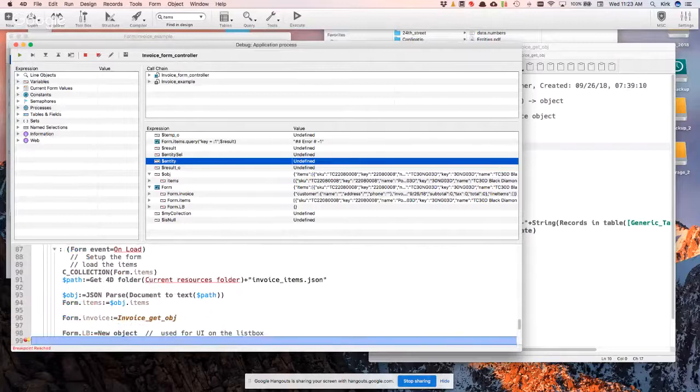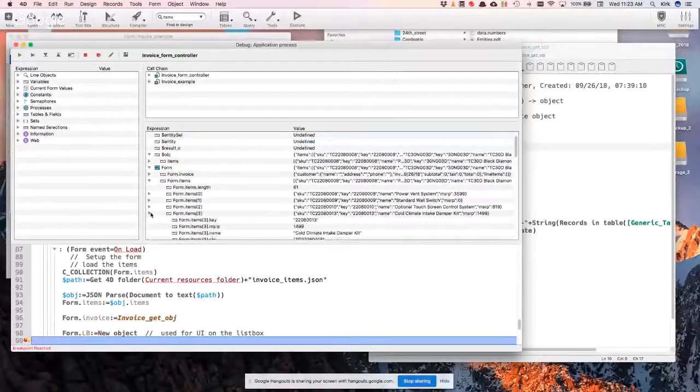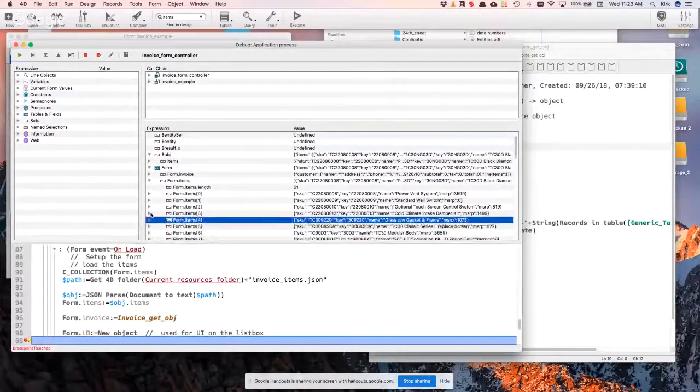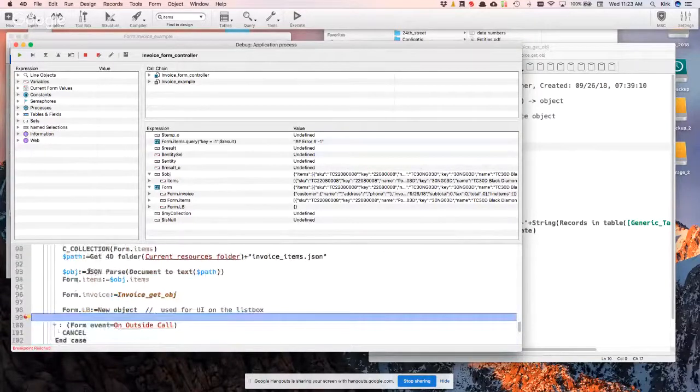So because this is an invoice example, I need some items to sell. Again, I put this just in a JSON file, and I parse that into this items collection. And we've got 60 something items in here. So that's our inventory that we're going to sell. And then I made an object to be the actual invoice. This is created